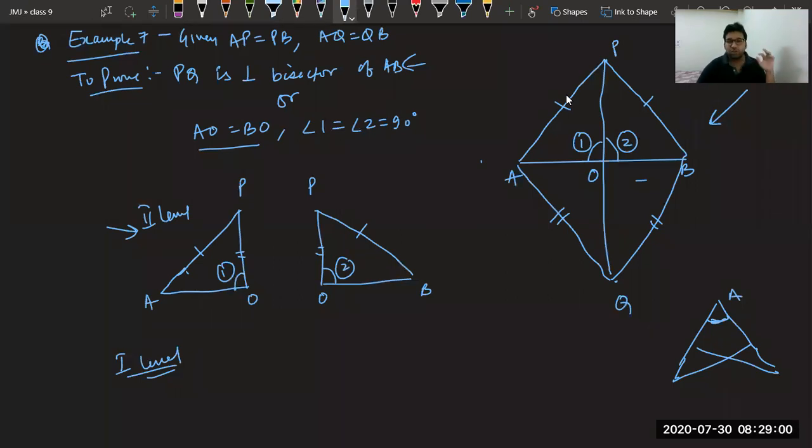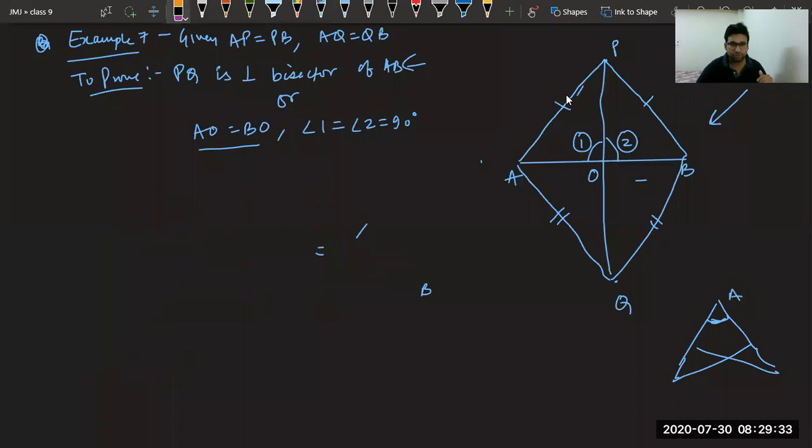So we have understood, to prove this level number 2, we have to first clear level number 1. To go to the fourth step of this ladder, we have to clear first, second and third also. These are smaller triangles. If I take the bigger triangles, that is APQ and PQB, then we can prove something. Let's start from there. So let me rub this. I hope you are able to understand why the second level was not achievable, because we had only two things. We need to find the third key from another level.